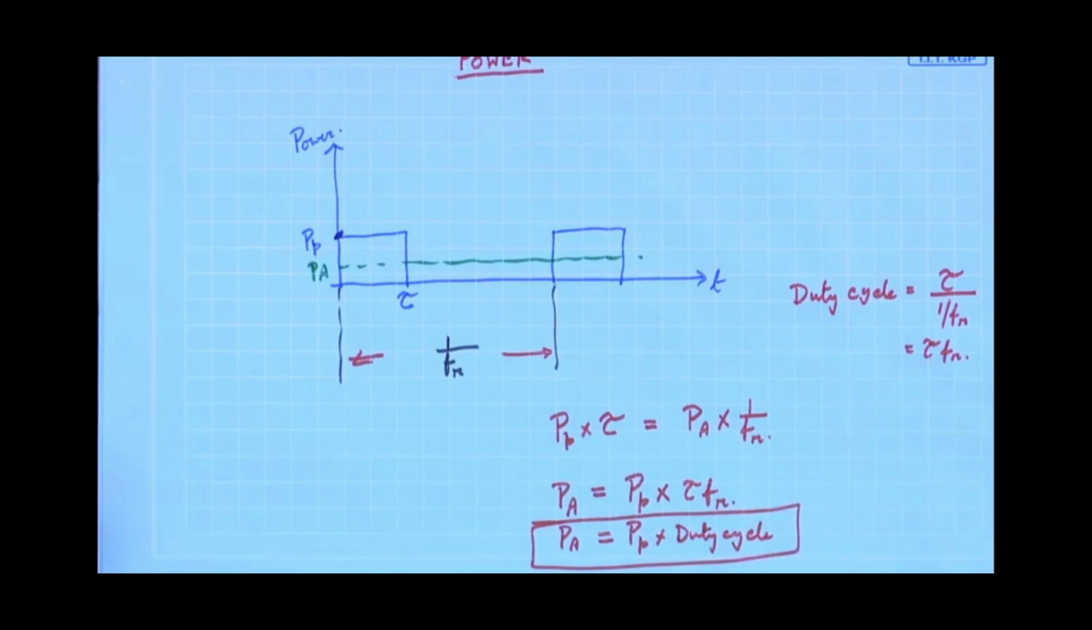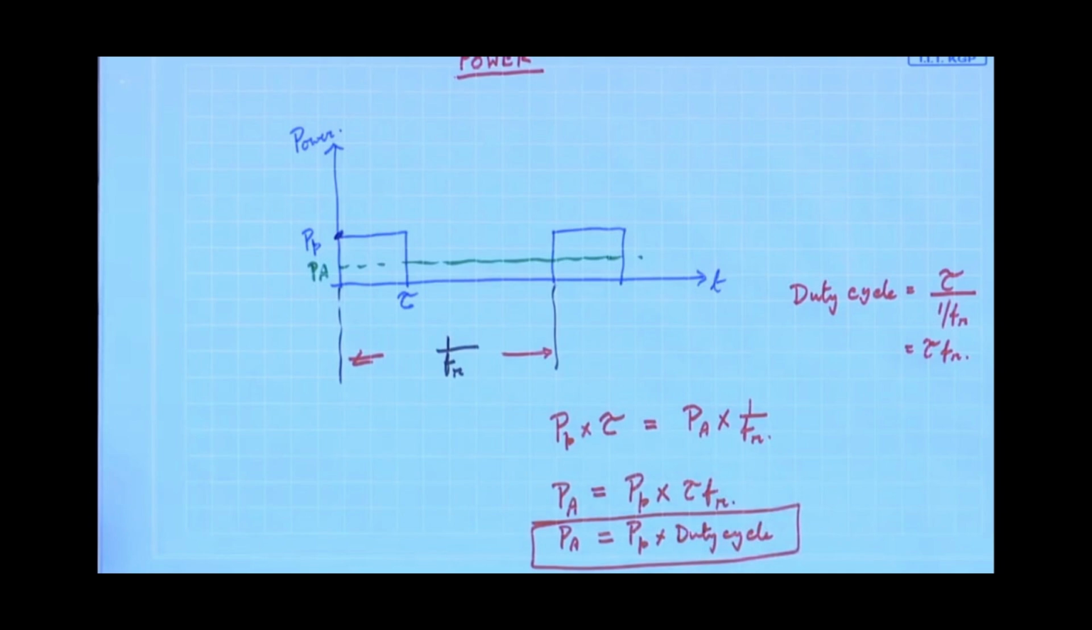Radar transmits pulses, and the power associated with these pulses fluctuates over time. The peak power, PP, refers to the maximum power during the pulse transmission, and the average power, PA, represents the average power over time, including the off periods between pulses. The time between pulses is called the pulse repetition interval, PRI, and its inverse is the pulse repetition frequency, PRF